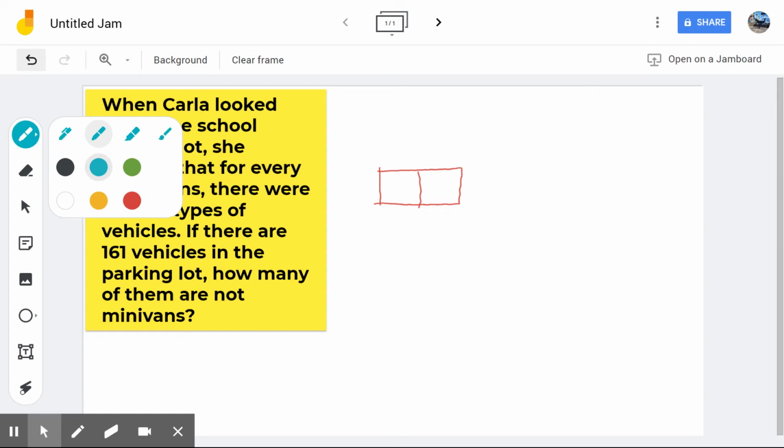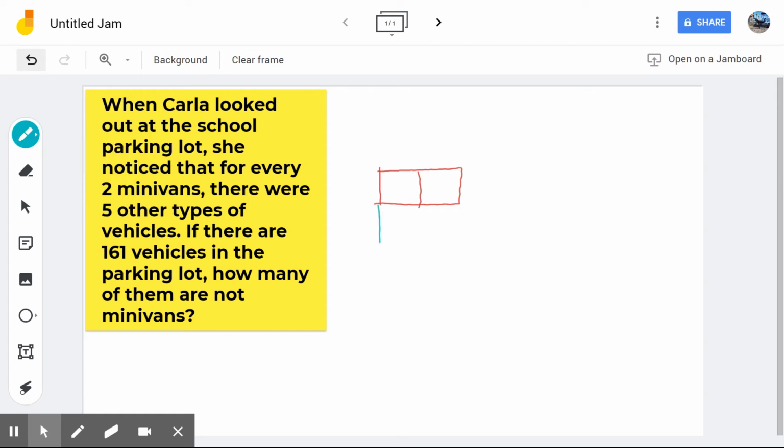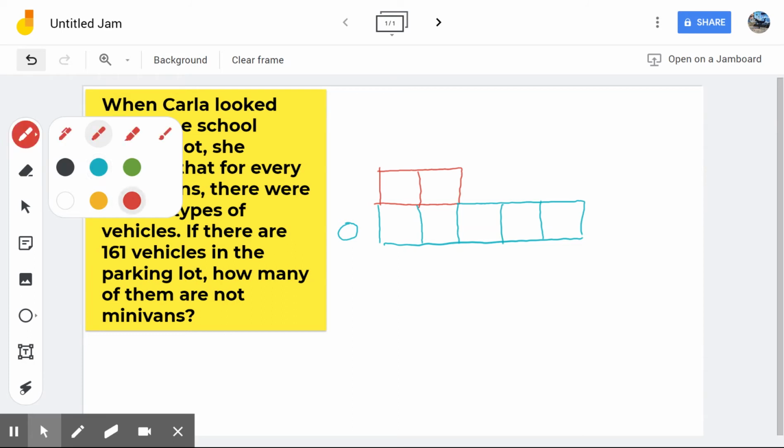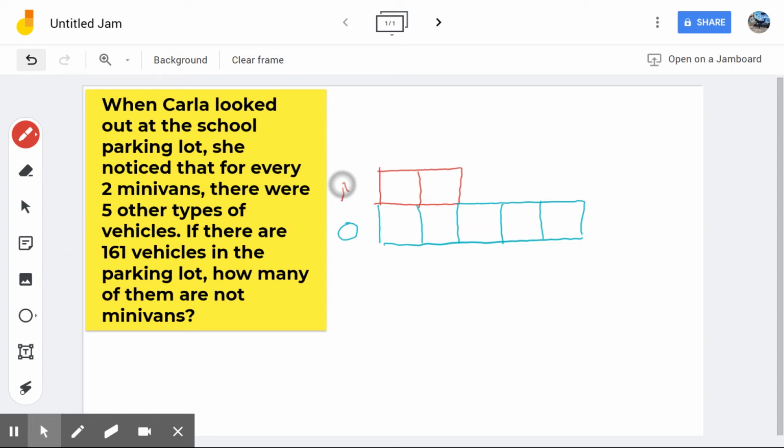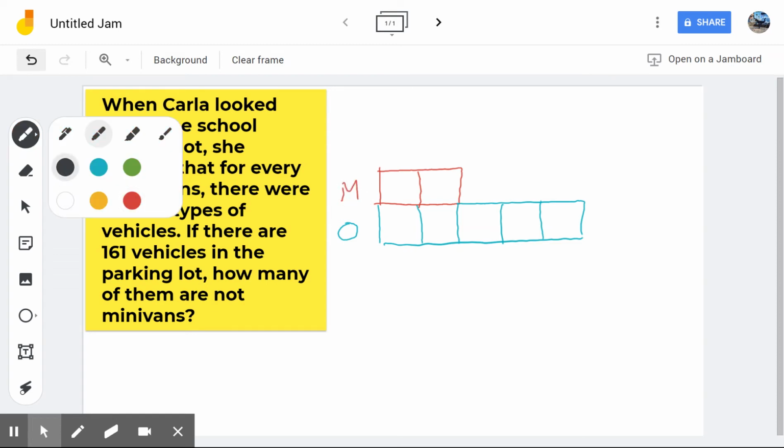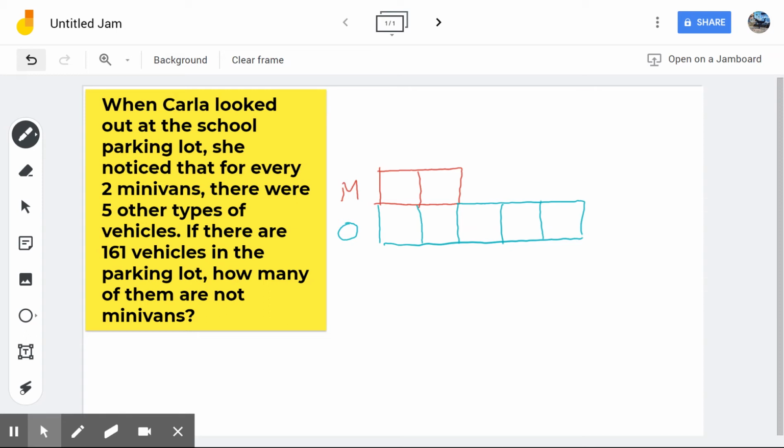There will be five other types of vehicles. We can represent those other types of vehicles using a different color. So, we have one, two, three, four, five. On this lower level, we'll call it O for other types of vehicles. And for our upper portion of the tape diagram, we will write M for minivan. And what we know, according to the story problem, there are